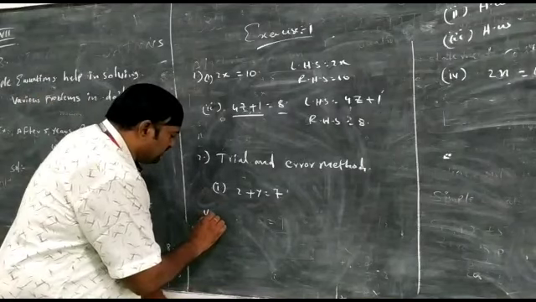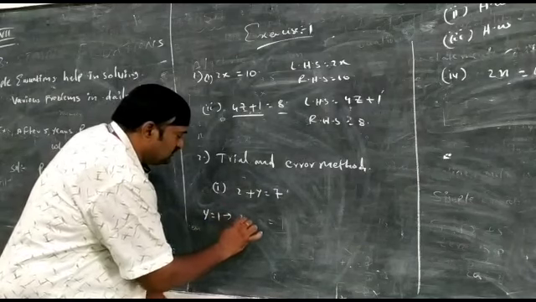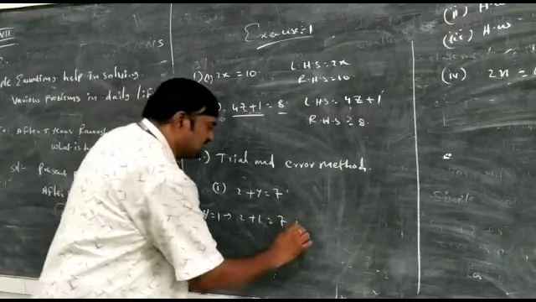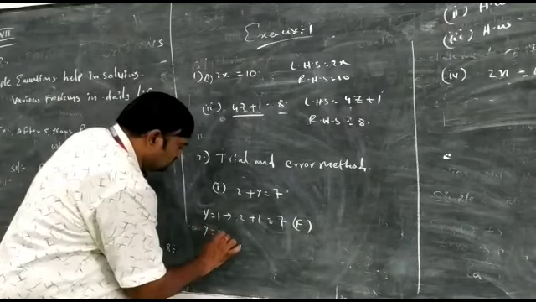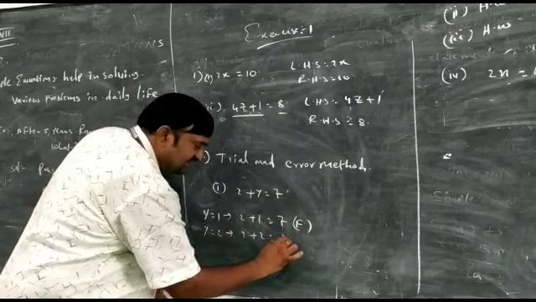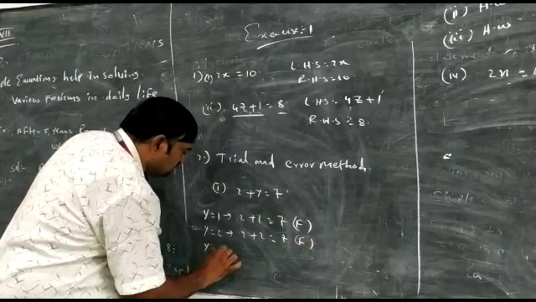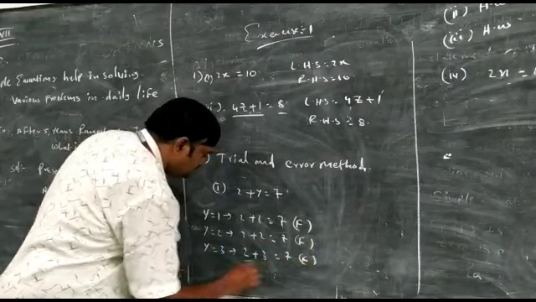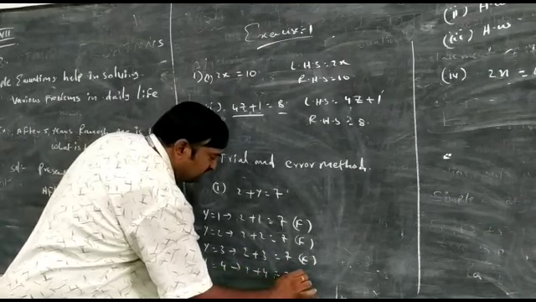y equal to 1, I am taking y equal to 1. 2 plus 1 equal to 7, correct? No, false. Keeping 1 for y is not correct. y equal to 2, again 2 plus 2 equal to 7, correct? False, not correct. 2 plus 2 is 4, not 7. y equal to 3, possible? 2 plus 3 equal to 7, false.